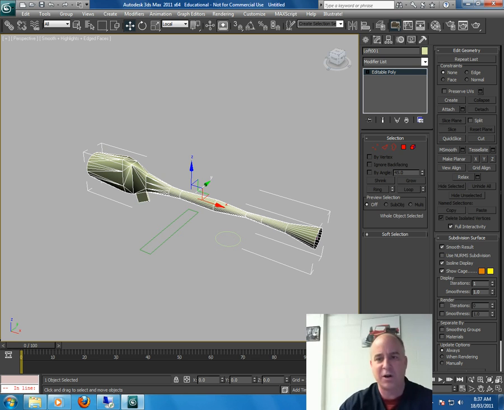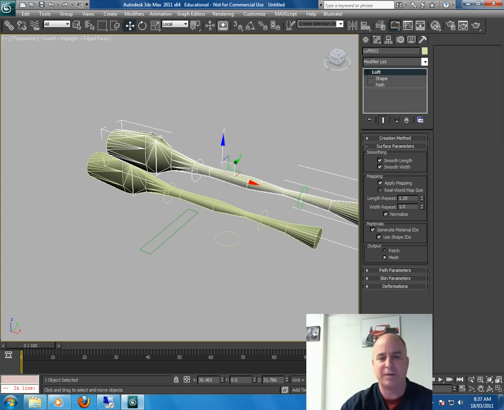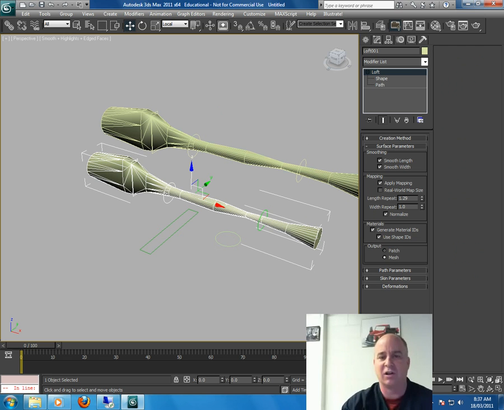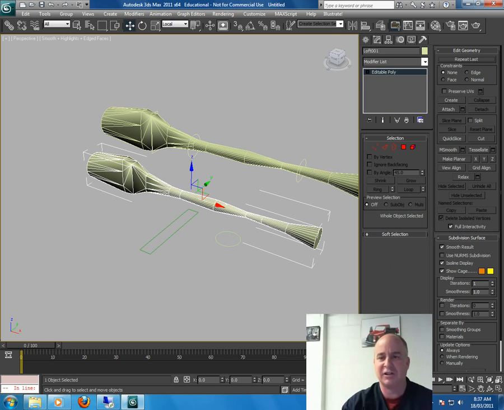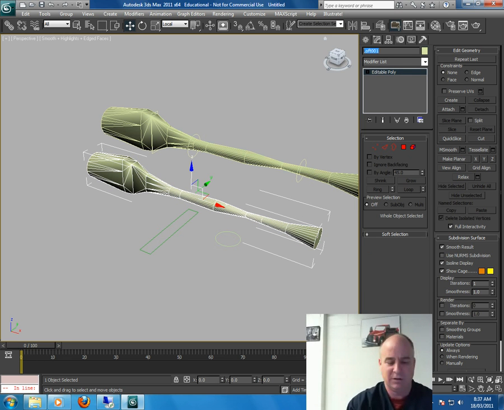And what I always recommend, let me undo all this, is make sure you save the loft as a copy before you collapse it. Make a copy so you can have the original loft parameters. So I'll have this one collapsed as an editable poly, and this is a gun loft. Okay, so I'll always have a file, and this is the gun itself. Okay, so I'm going to save this in my assign out, and that's all I